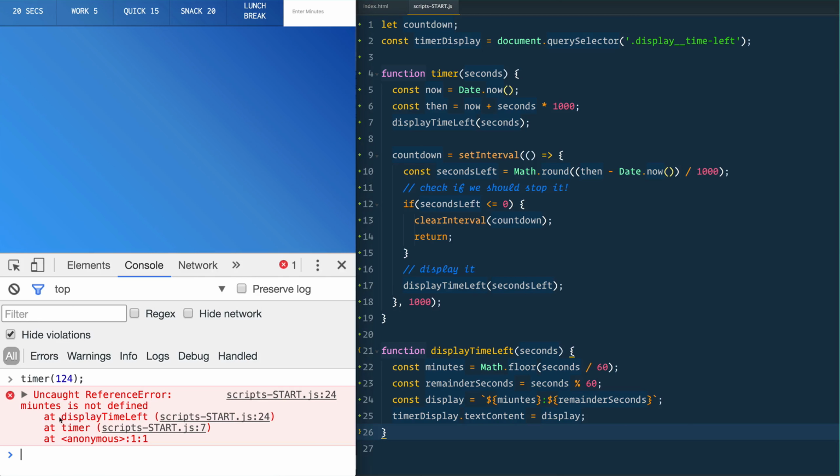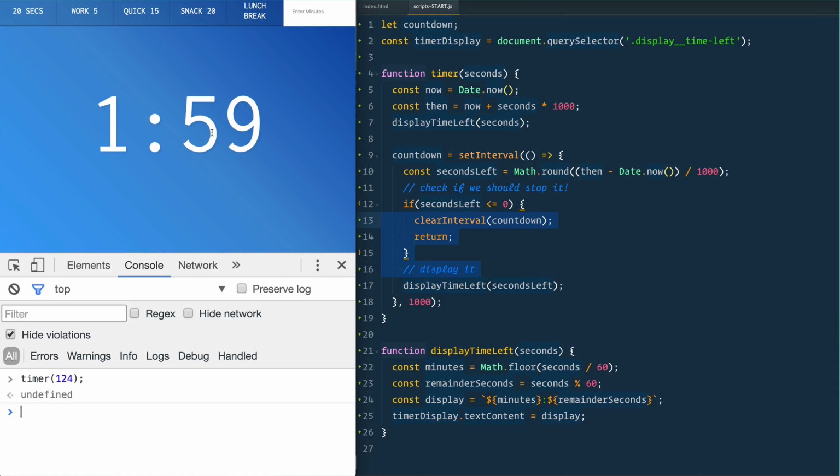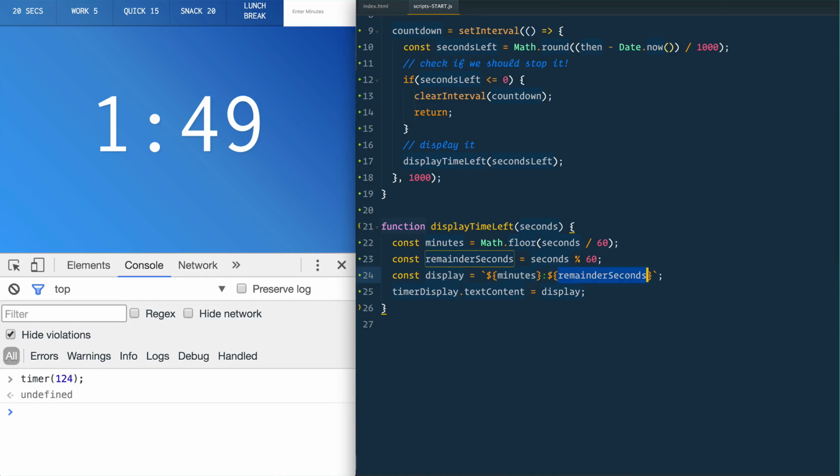So if I were to run it, oh, I spelled it wrong. minutes, remainderSeconds. Now we run it. Oh, okay. Kind of working, but you see what the problem is here? When you have less than 10 seconds left, it just says 4 seconds, but we should be showing 0:04 seconds left. So how would we do that? Well, we could go to this remainderSeconds and we'll say if the remainderSeconds is less than 10,